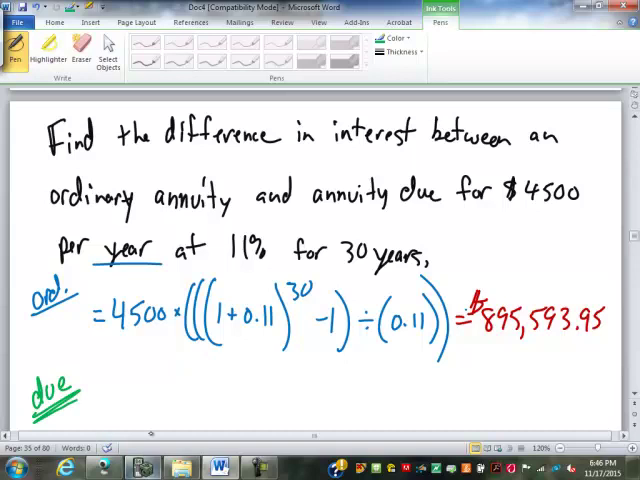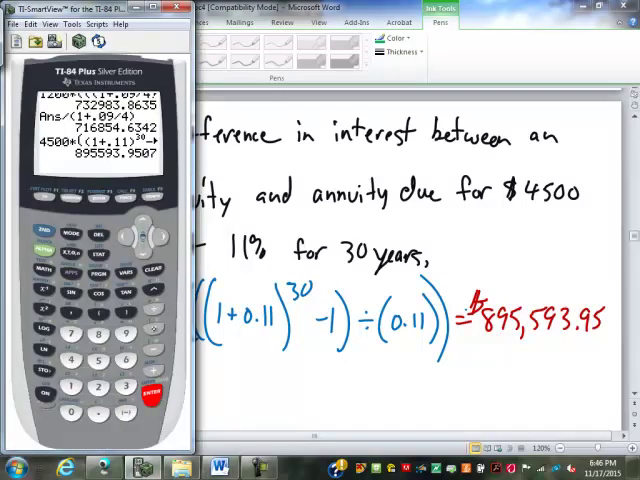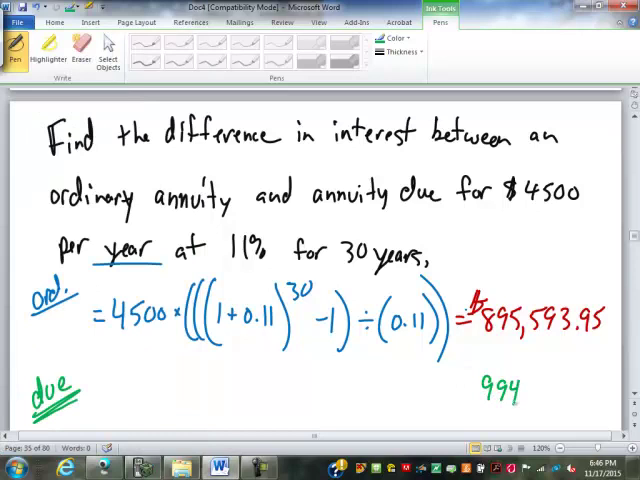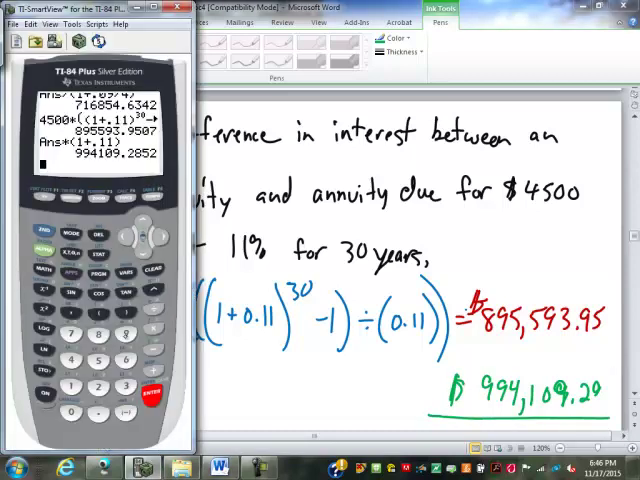all I have to do is multiply by that adjustment factor. So I'm going to just multiply that balance times 1 plus 0.11 divided by 1. So I don't need to do the divided by 1. Which would be $994,109.29. That's the annuity due. So I'm going to have to take that $994,109.29 and subtract